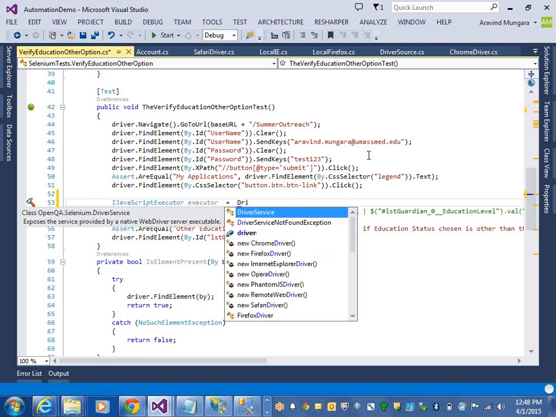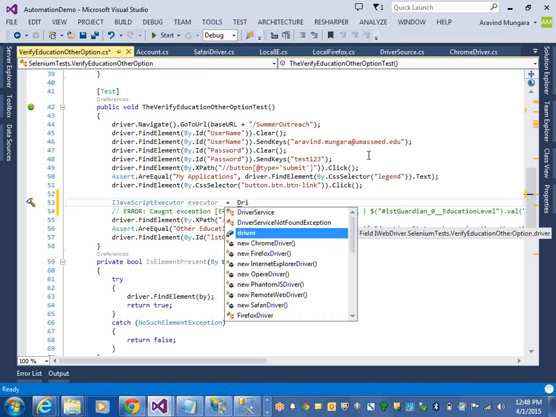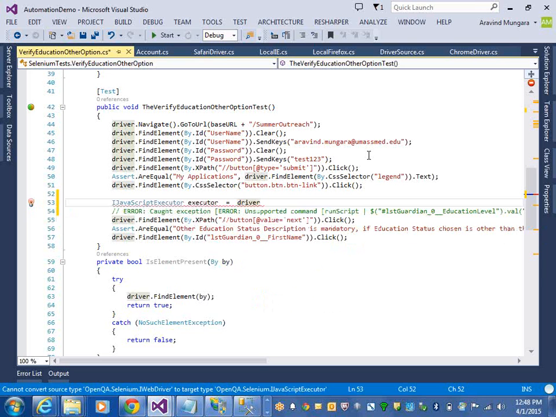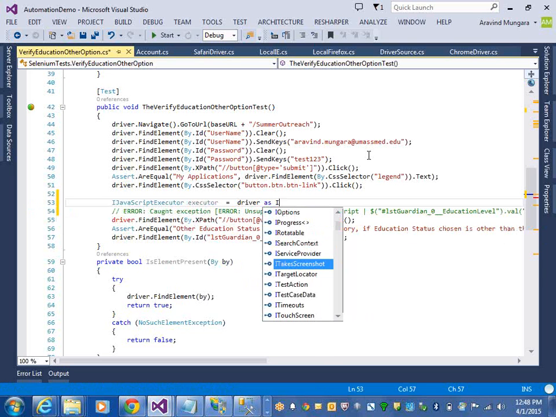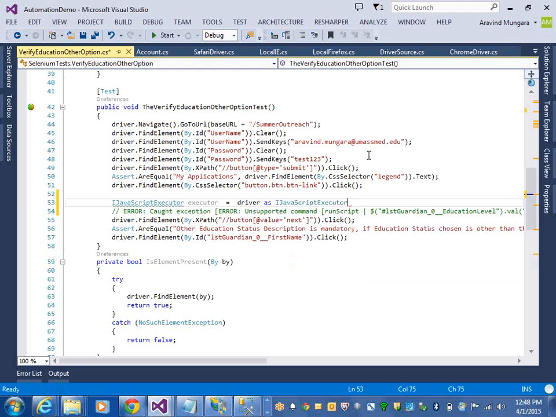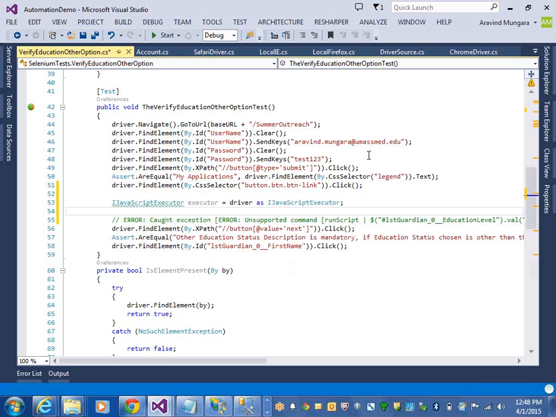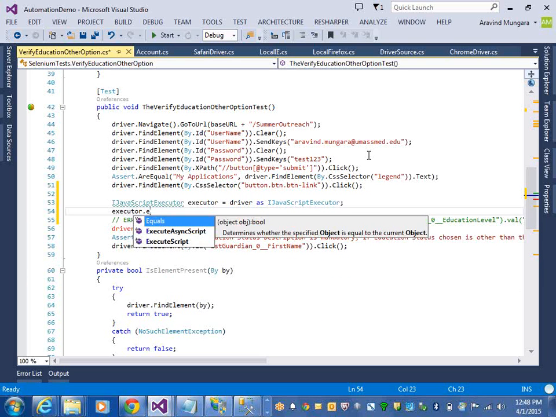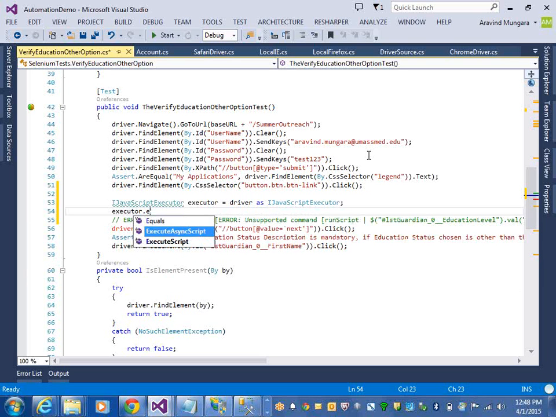Driver as JavaScript executor, dot. Here, if you see this, you can